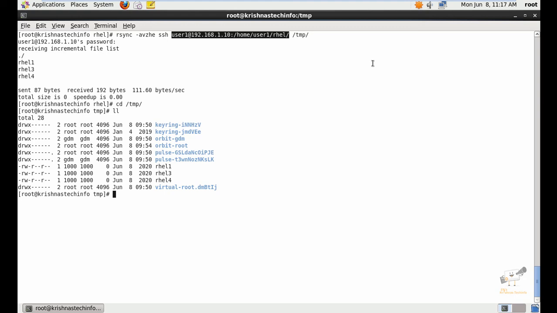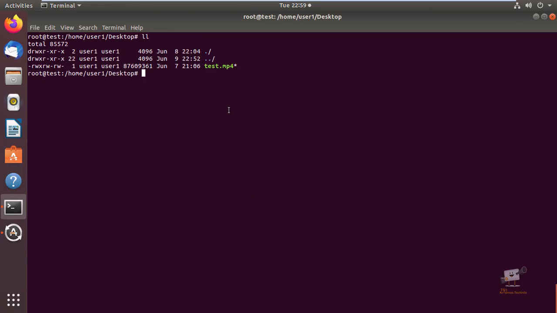Next we can see how to show the progress while transferring the data. For this we can transfer the test.mp4 file to the CentOS machine, which is 1.8. rsync -avze ssh --progress. This is the option we are going to use to show the progress during the transfer.